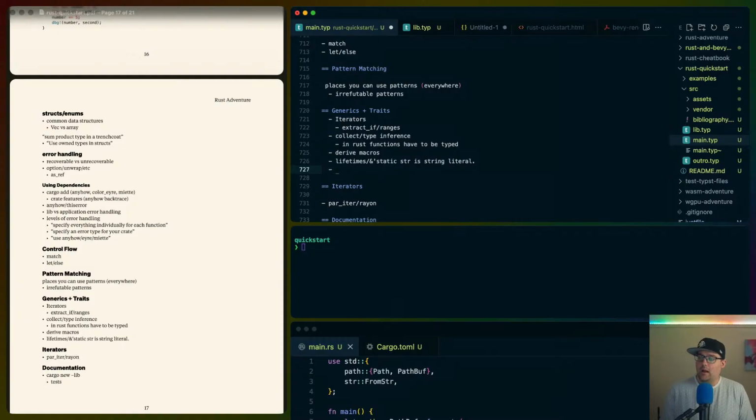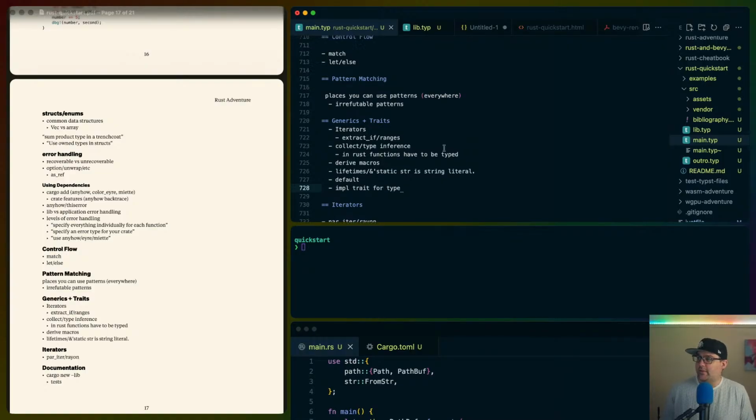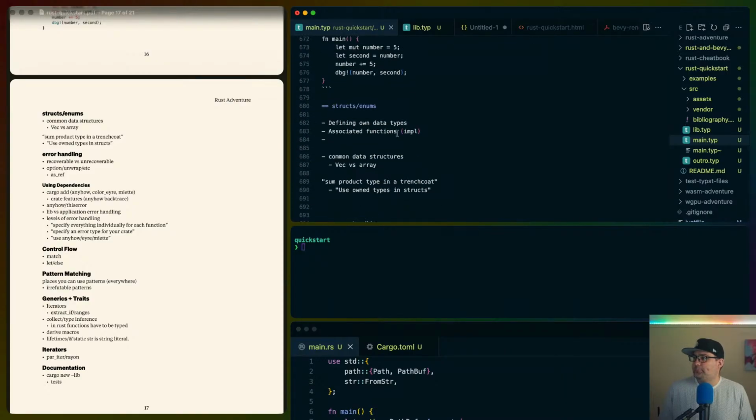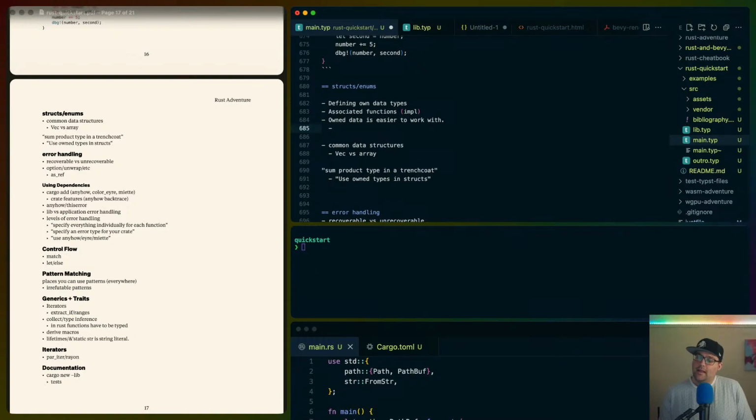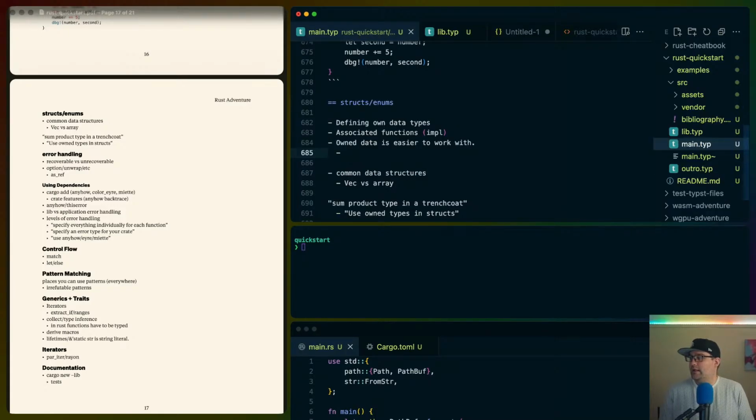So down here, I will leave default and stuff like that, or impl trait for type, right? We'll talk about those kinds of things down here. And in structs and enums, we'll leave it as kind of owned data. So owned data is easier to work with. I don't want to say don't do XYZ or whatnot. I kind of don't want to be too prescriptive here,